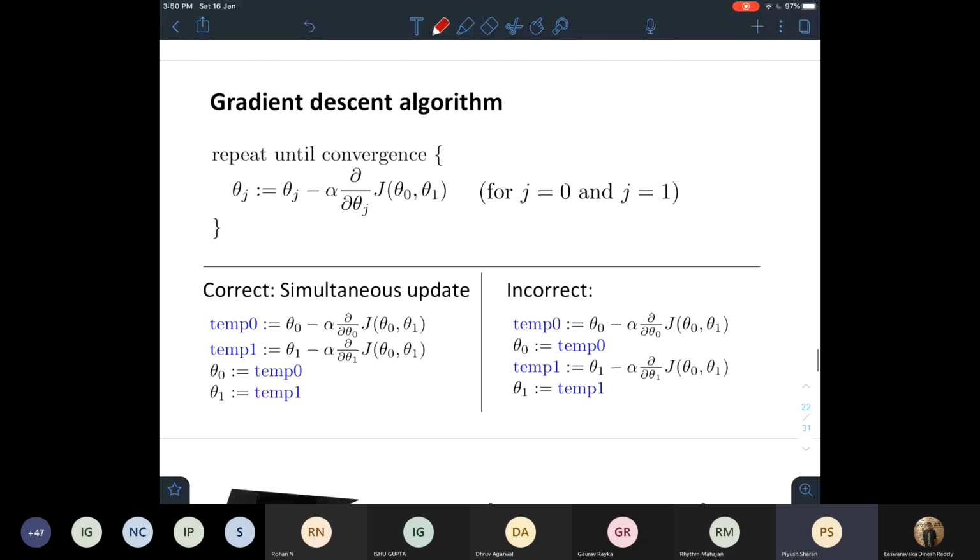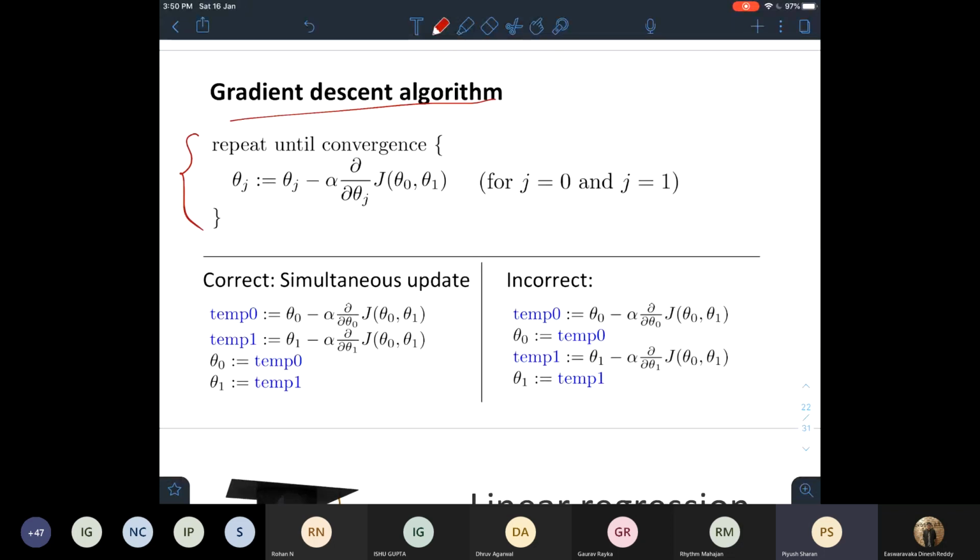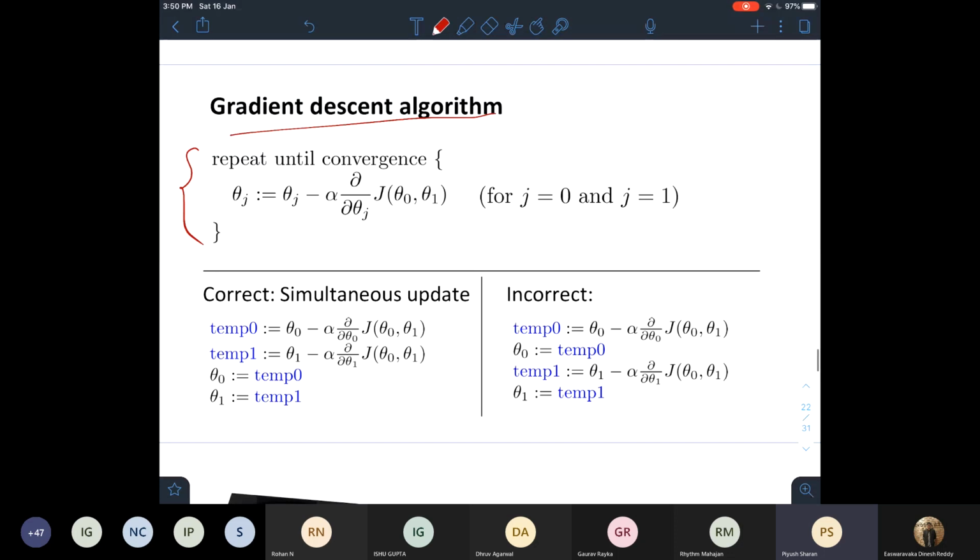All right. So a little more about the gradient descent algorithm. I'll first let you read this, and then I'll explain why this works. So first step was to choose random theta naught and theta 1. And this is the second step. We repeat until convergence: theta j is changed to the previous theta j minus alpha times the partial derivative of the cost function with respect to theta j.